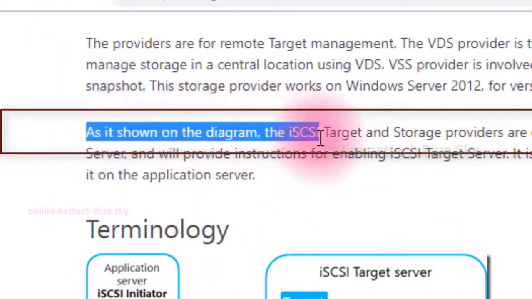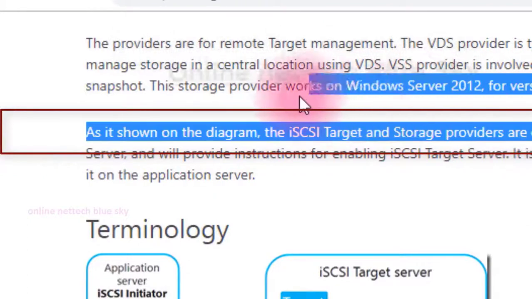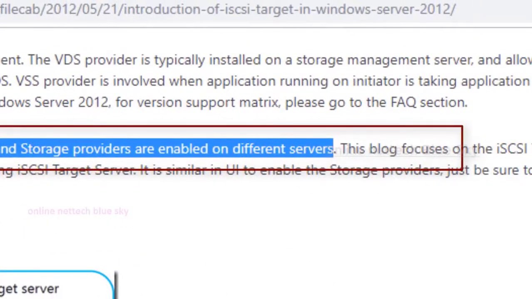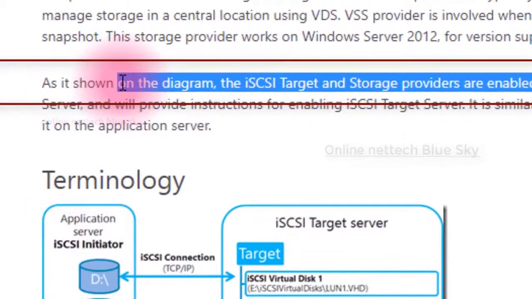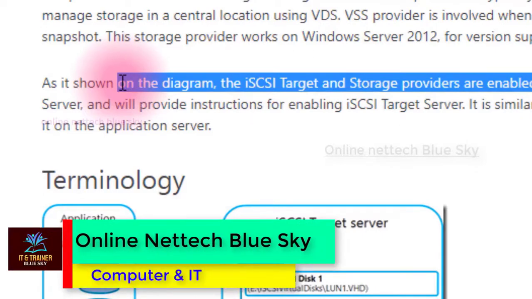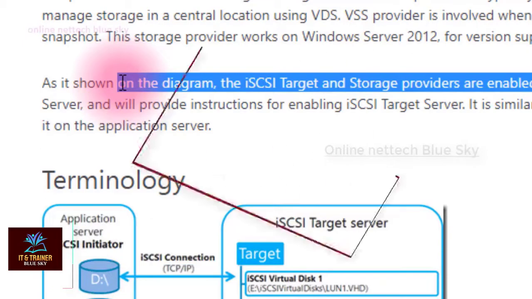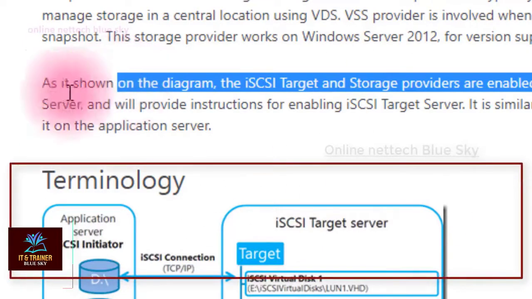You can see it in the diagram. Okay, so this target is always the storage provider and enables your software, so you can upload your data and download data, anything you can see here, just as a local disk is shown here. So first you can see this diagram in the new iSCSI target system storage provider here.